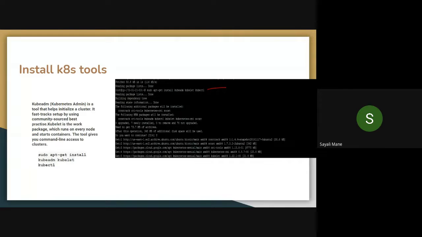Those who have finished, just see the previous commands and check whether the concepts are clear or not.